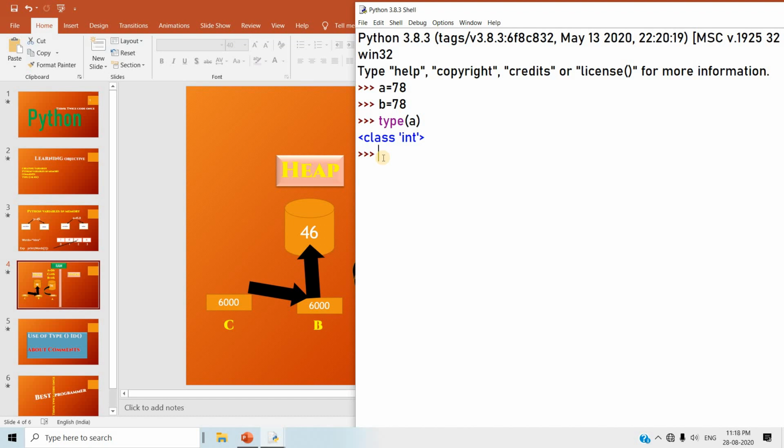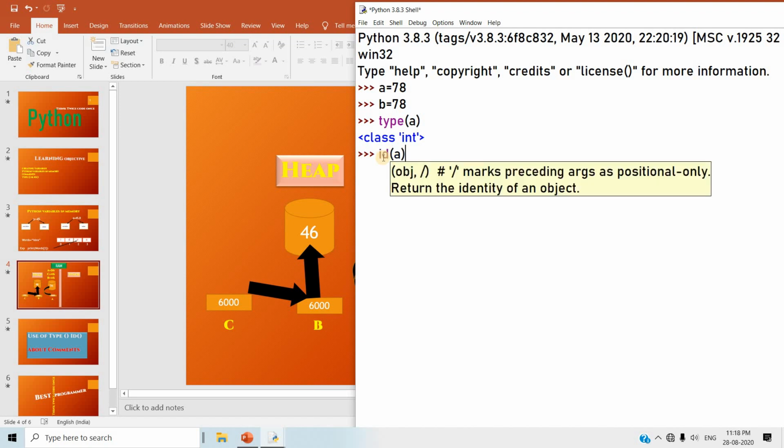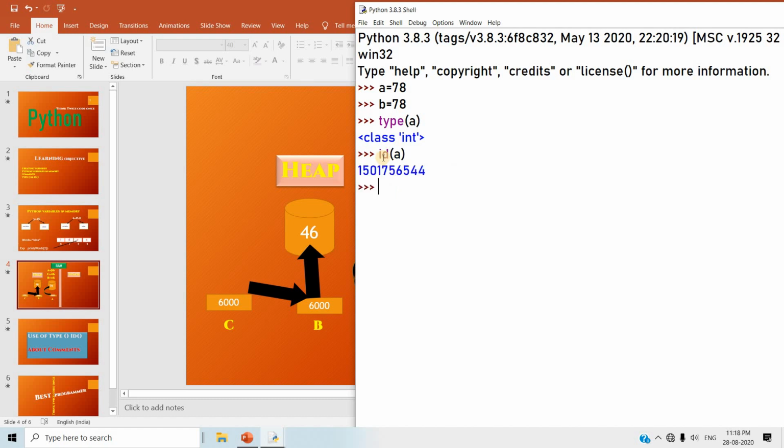Now you can see, as I told you, there is one more function called the id function. It shows the memory address. Just to prove that the memory address is the same, I took an example.